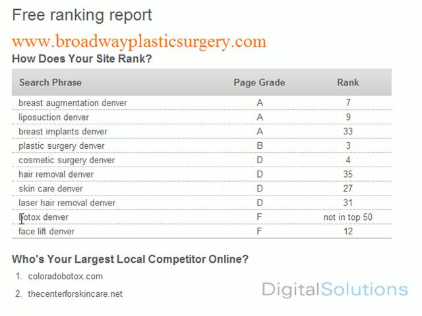And then somewhere like Botox Denver, where the site has a grade of F, it's actually not even in the top 50 results on Google. And same with Facelift Denver, it gets a grade of F, and it's not on the first page, it's on the second page. So these aren't a direct